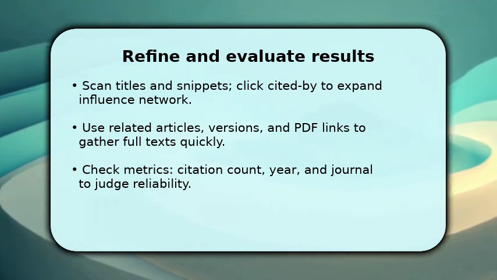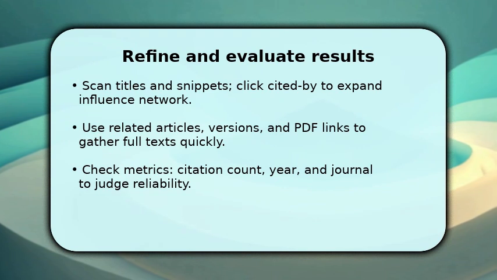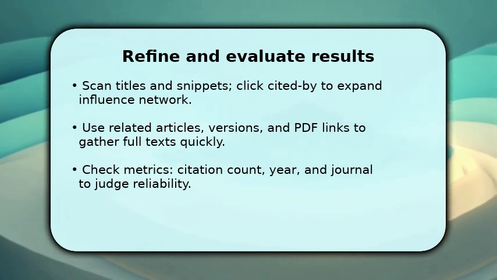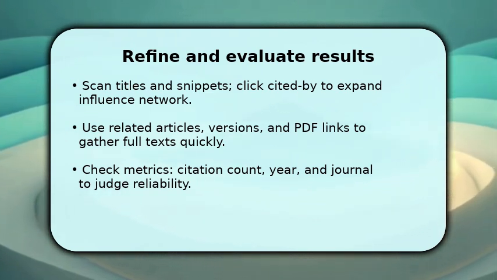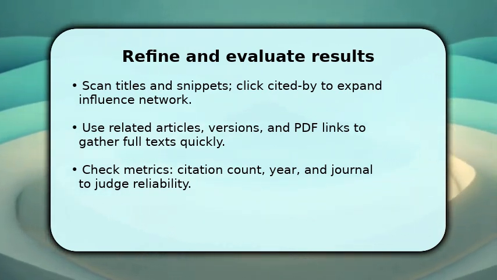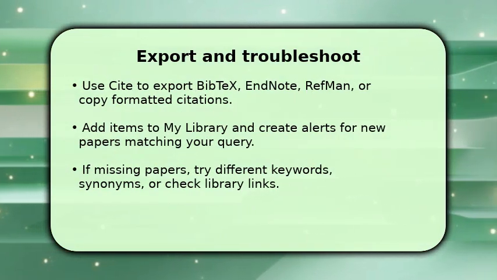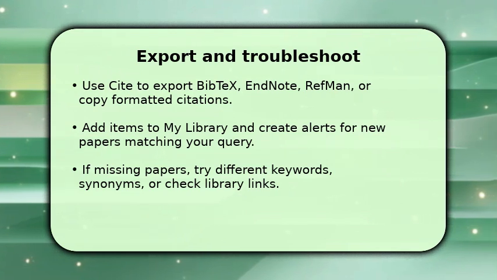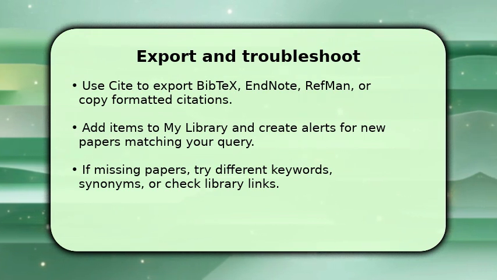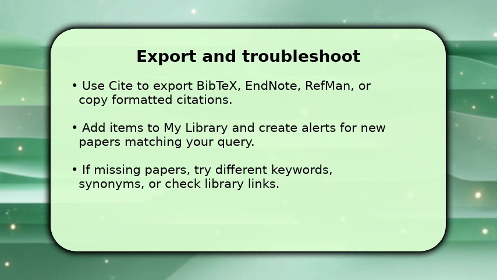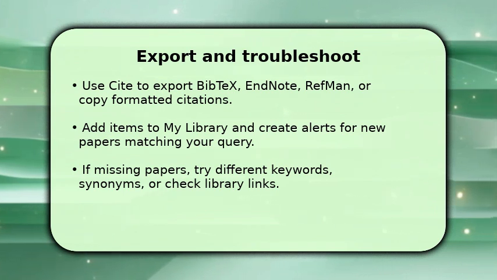Once you identify core references, add them to your personal library and label searches so you can return and build a systematic reference list without repeating steps. Finish by exporting citations. Click Cite and choose BibTeX, EndNote, RefMan, or copy formatted references into your document. This prevents manual errors. Add selected items to my library and set alerts for your query to capture new papers